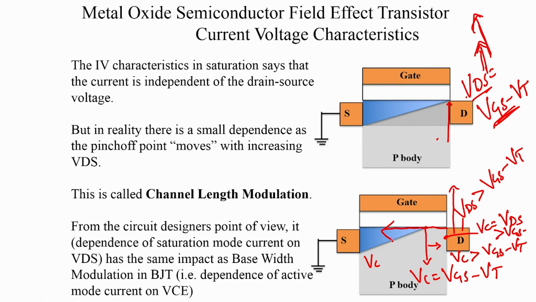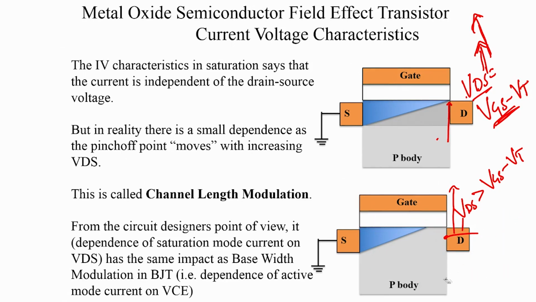So, therefore, we are actually altering this resistor combination. If I told you there is a resistor beyond pinch off and there is a resistor below pinch off, by actually moving the pinch off point I am changing the values of these resistances. So, technically speaking, my VDS must influence my saturation mode current, but that is not what the equations told us. So, what we are going to do is add an empirical correction to the current voltage characteristics. Now, this fact that when a transistor is in saturation, the VDS can actually